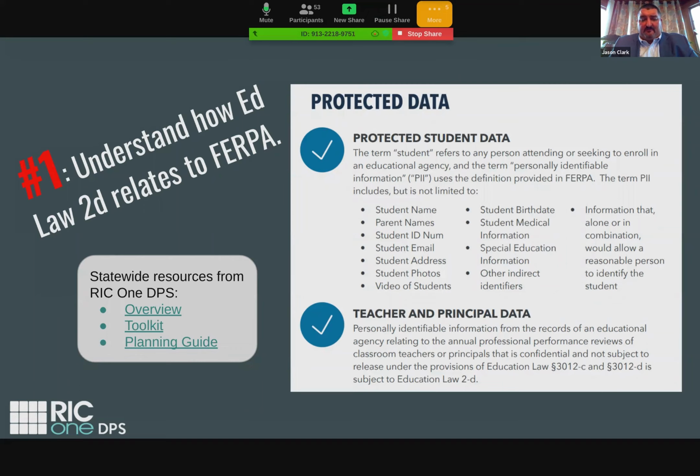The spirit of the law, if laws have spirits, is really to protect against large scale data dumps of student information. Sending spreadsheets of student information to vendors and then having those spreadsheets, or that chunk of data, taken by malicious actors is really the focus of it. The state has said that they're not looking for districts to not be able to post things like honor roll lists and achievements of students and things like that. It's more for that protection of large scale theft of data.